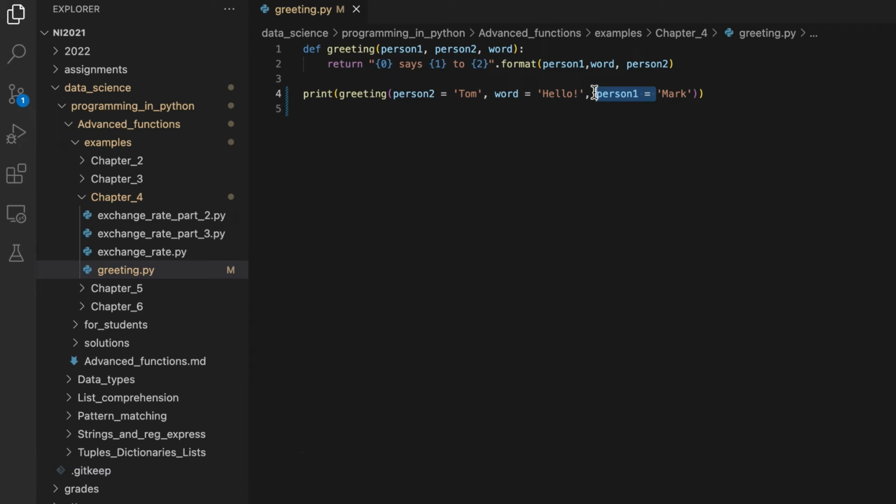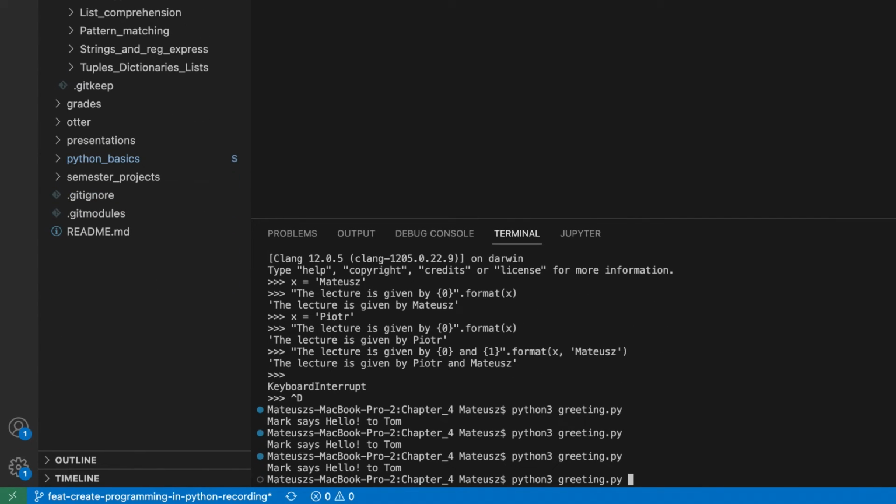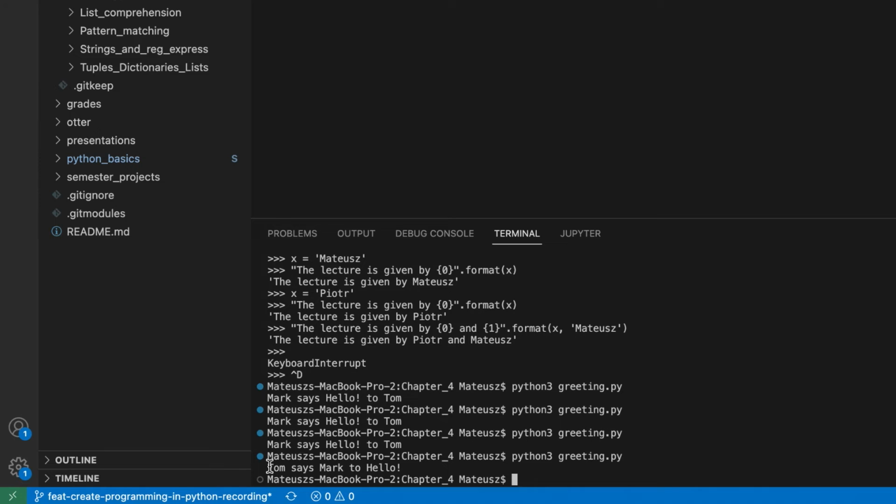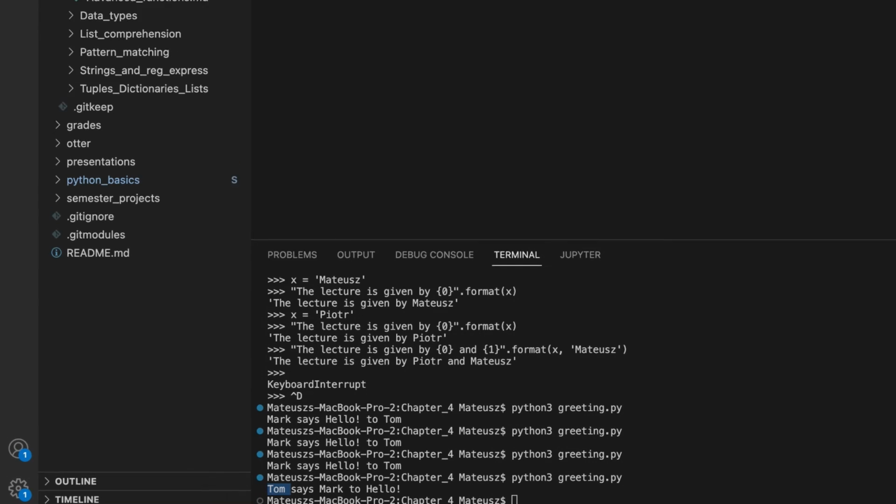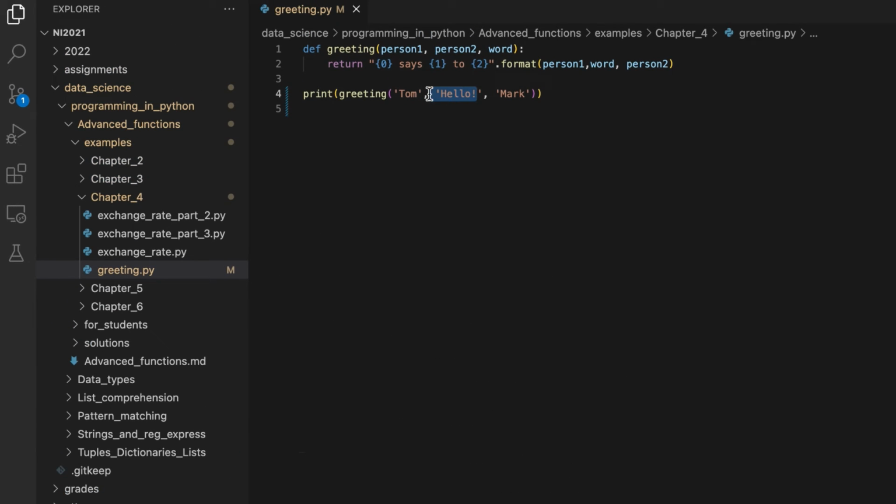Python won't realize it on its own. If I delete these keywords from here, you will see that my output will be different. If I save this right now, the output is Tom says Mark to hello. What happened here is Python treats this as person1, this as person2, and this as word. So you cannot expect Python to realize that this is hello and this is Mark, so this is a person. No, Python treats them just as strings,